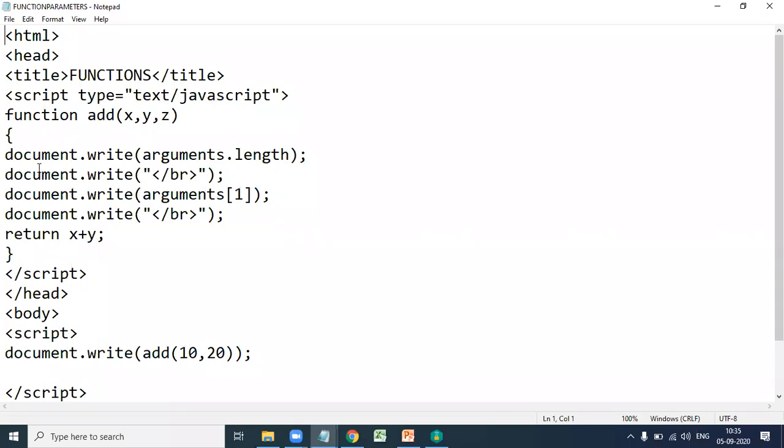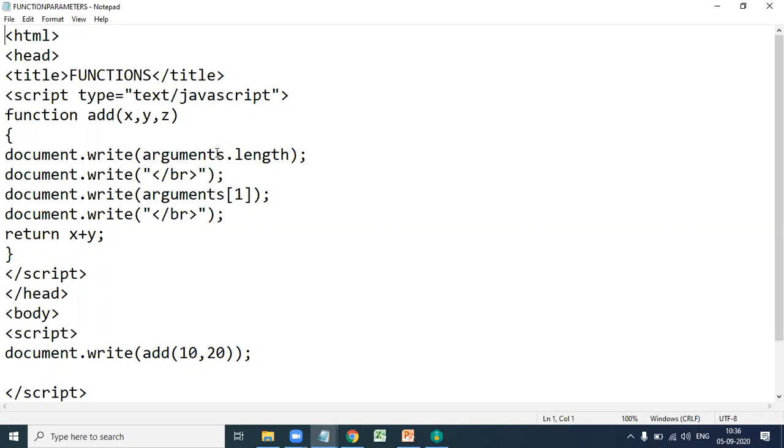In the function definition, we write document dot write of arguments dot length. Here the arguments property is used to give the number of actual parameters.